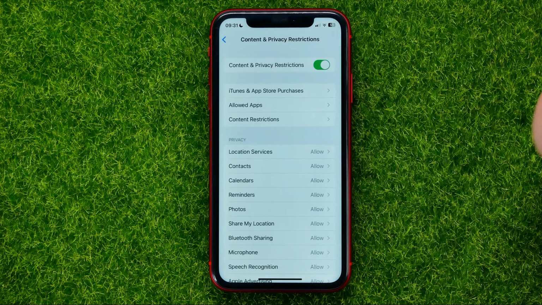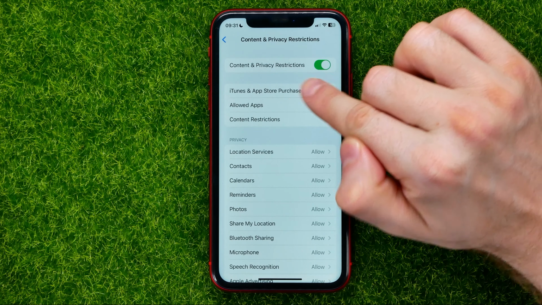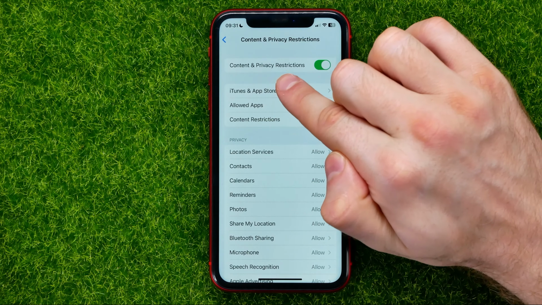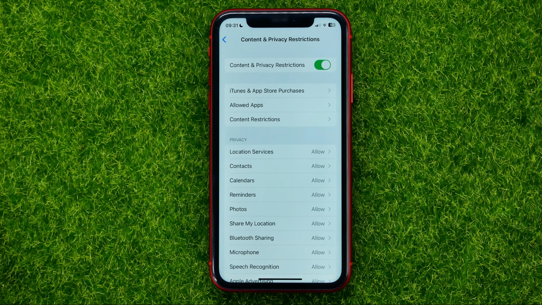restricted mode is just to toggle off this feature, which is called Content and Privacy Restrictions at the very top. By toggling off this feature, you will unrestrict all the content on your device. Keep in mind that it may ask you to enter a Screen Time passcode, so obviously you have to know